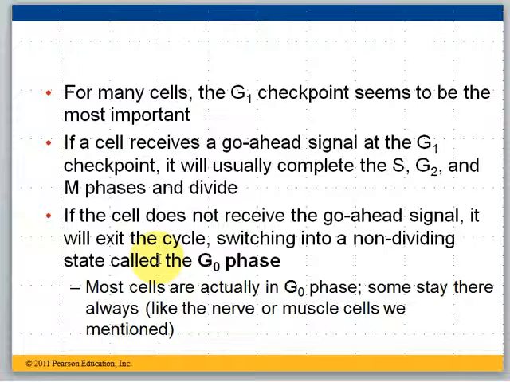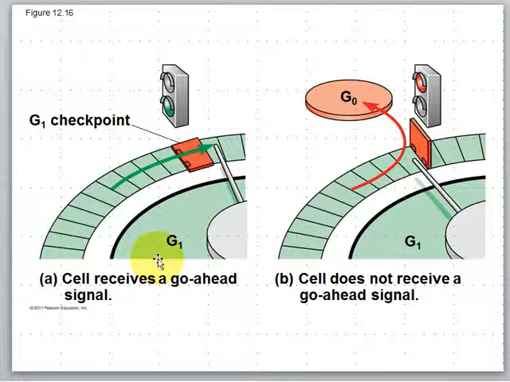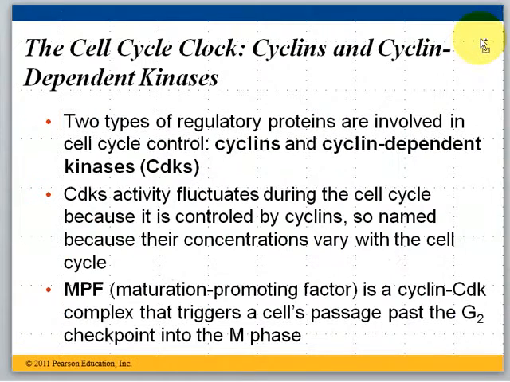So in that G1 checkpoint, if the cell doesn't get the right signal that it needs, it will exit the cycle. Otherwise, if it does get the signal that it wants, it will go ahead and continue through S and G2 and then into the M phase where it will divide. So kind of consider that G1 checkpoint, or actually any of the checkpoints, sort of like a traffic signal. If the light is green and the cell receives the information that it needs, that checkpoint is passed and we go on about our business. But if that light is red and the cell doesn't get the proper signal, it exits the cycle and it goes to that G0 phase that we were talking about.